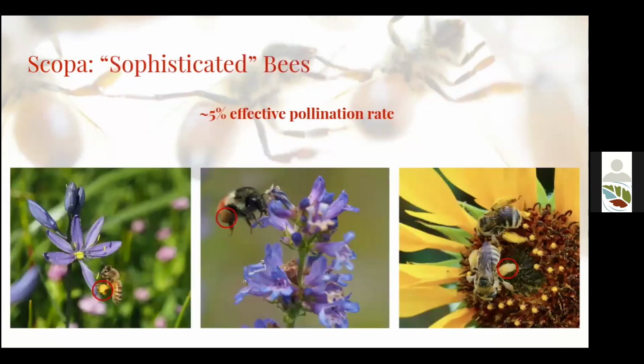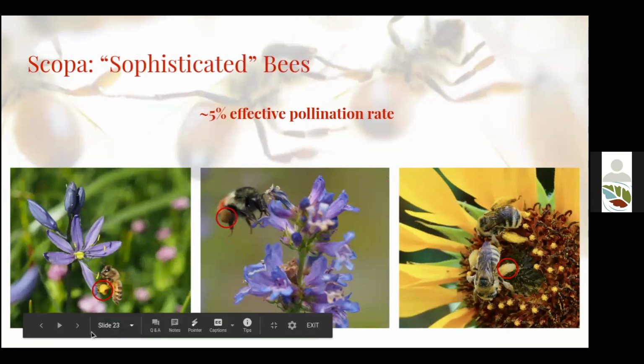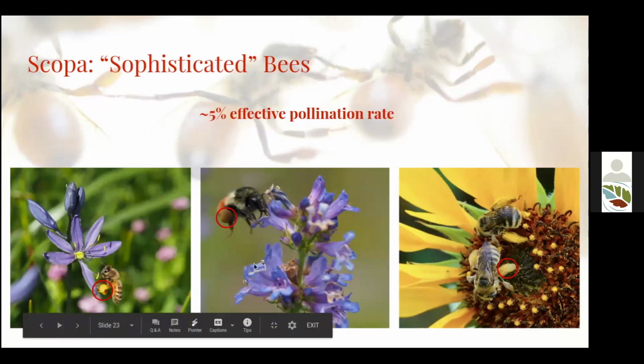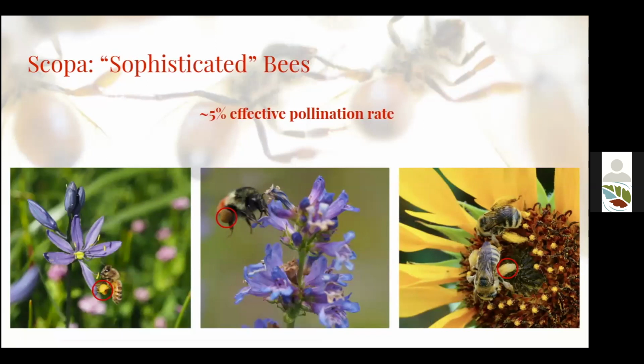And then when we talk about more sophisticated bees, or bees in the family Apidae, they generally have specialized structures on their back legs, specialized scopae or corbiculae, that require them to groom the pollen off their bodies and stuff it into these little baskets or satchels on their back legs. As a result, they have less apparent pollen on their hairs or bodies that may come in contact with the stigma of the next flower. So they're only pollinating about 5 out of 100 flowers that they're landing on.